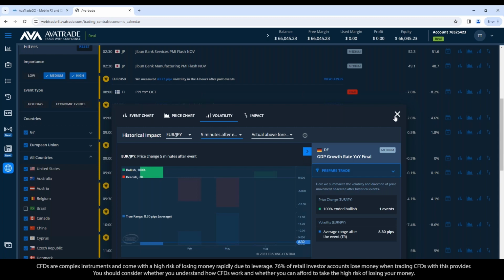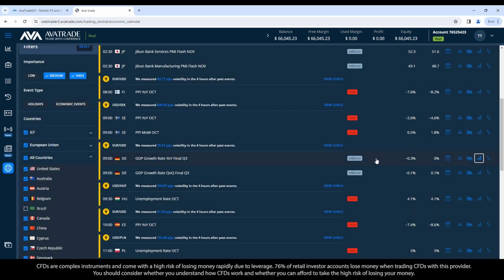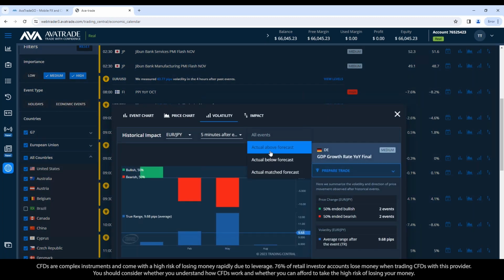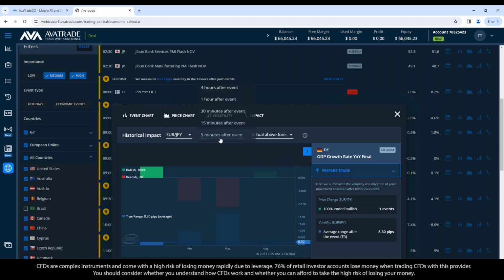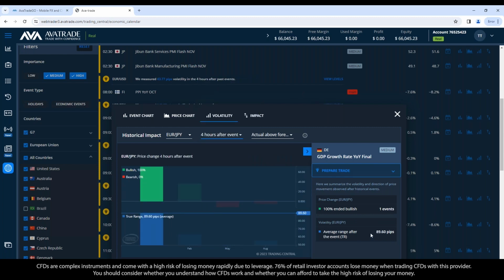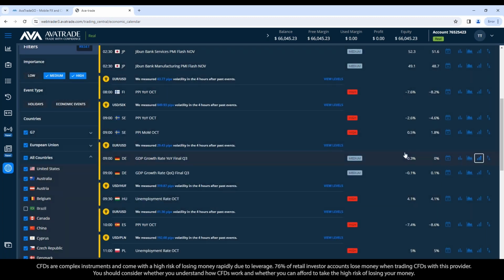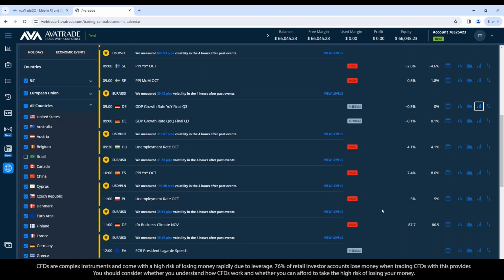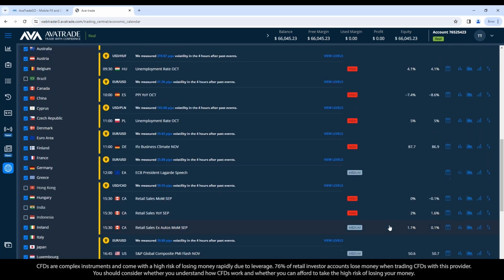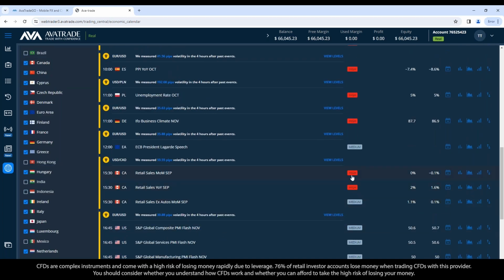Okay, so you can analyze this data, come up with a trading plan. It looks like on this one, I would prefer to have the Euro JPY pairing and only trade if the data comes in the direction that shows this high probability, 100% of the time climbing. Okay, so if it comes in above forecast, go with the Euro against the yen. Okay, that's what the statistics from the past show. Again, you're not going to win every time doing this, but this can be a powerful tool to trade based on data. And then we can come down and look at the retail sales out of Canada, which is a high-level announcement.